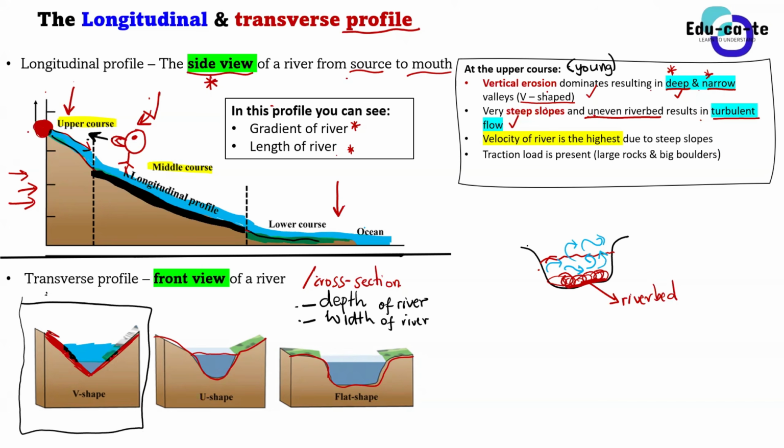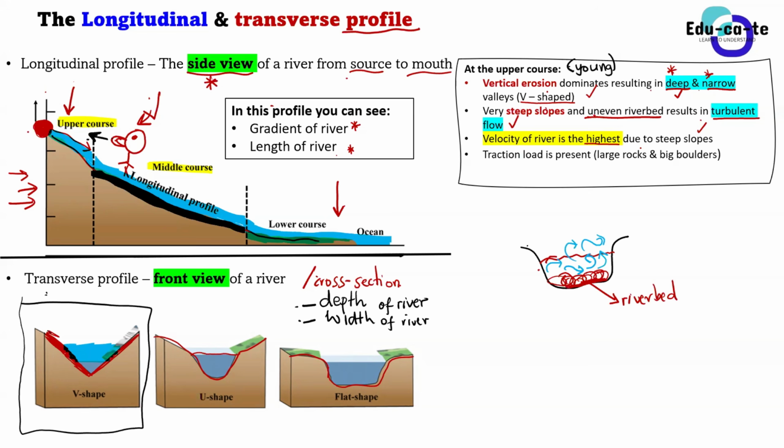Okay, which takes us to this fourth point that says that the velocity of the river is the highest. So basically, the river is flowing fastest. Why is it flowing so fast? It's because the slope is steep, guys. Remember, the steeper the slope, the greater the flow of water there. If you were to pour water on a flat surface, it will not flow away. We said that a steeper gradient promotes more surface runoff. It promotes a greater flow of water from the catchment area.